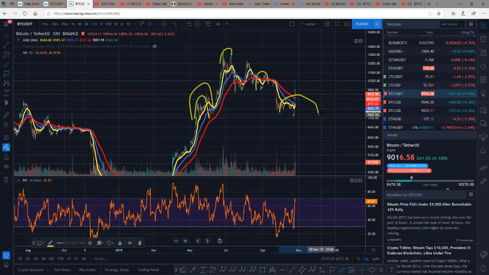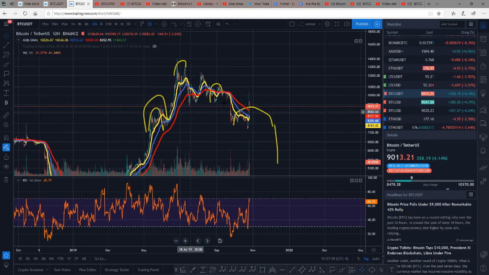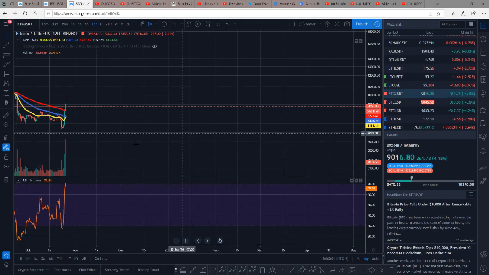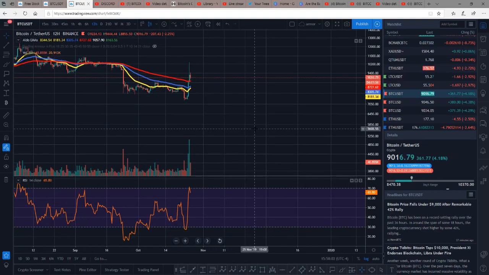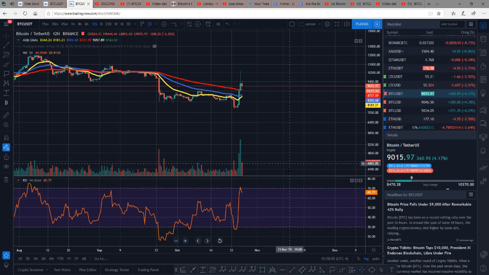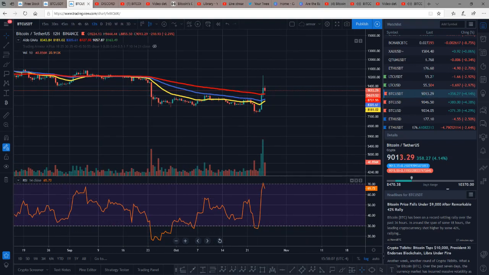So let me just draw it cleanly. The first head and shoulders we looked at was this one. Now we could be looking for this one. This one could be a long, big one, all the way up to December before dropping down. So if the bears are able to bring heavy volume,